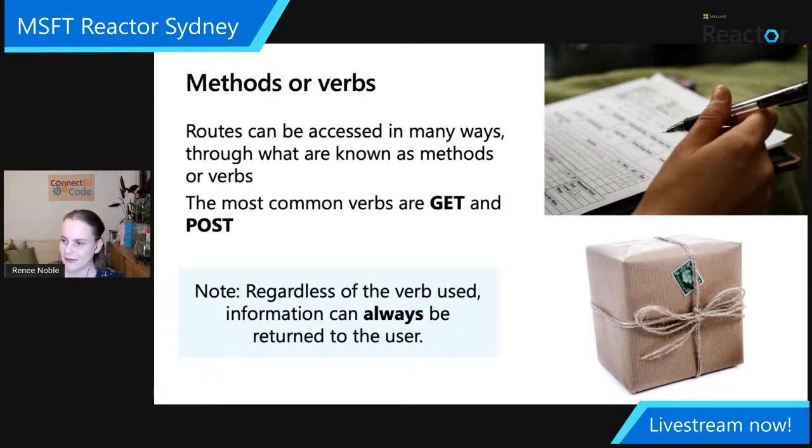So let's say we want to create an application, for instance, like signing up to a mailing list. The user would make a GET request to get to the page that has the form on it, like, "Hey, can you get me the form page?" Then the user completes the form with all their details, their email address, their name, etc. And then they make a POST request back to the server, being like, "Hey, here's all my data, do something